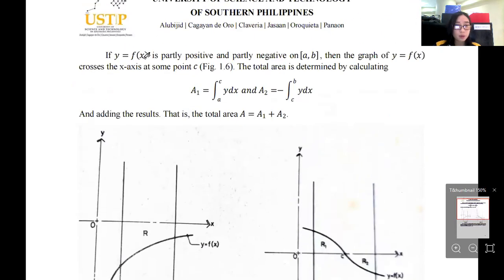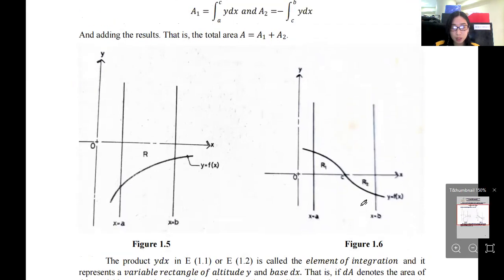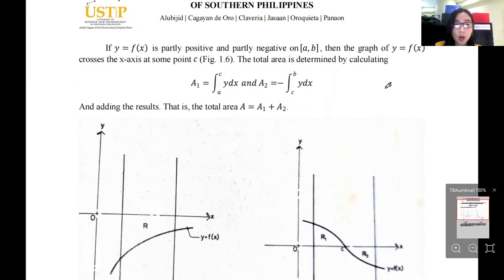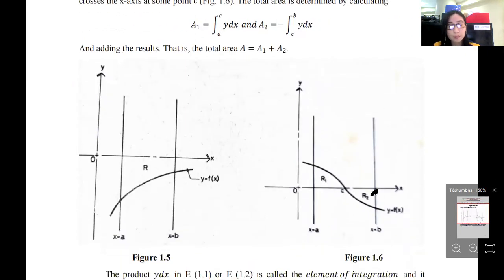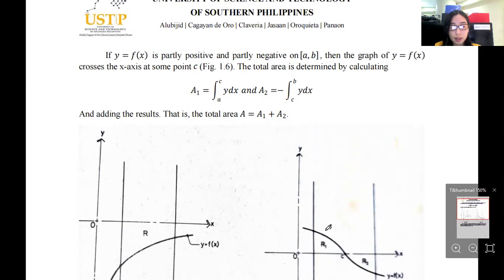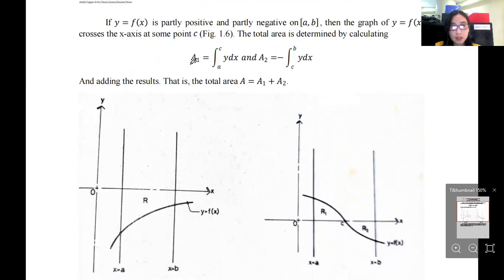So, if y equals f of x is partly positive and partly negative, such as shown in figure 1.6, then the graph y equals f of x crosses the x-axis like this. So, there are two regions. Okay? So, one is positive, R1, and the other one is negative, R2. So the total area is determined by A sub 1 equals the integral of y dx from a to c, so from point A to point C,